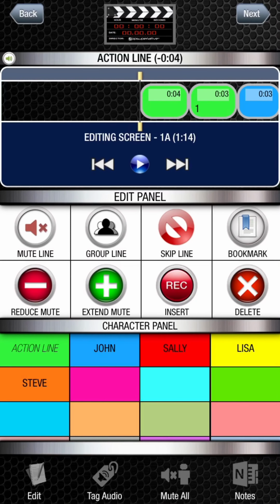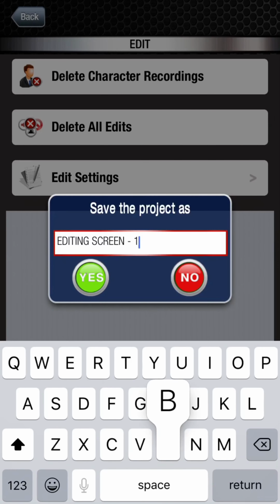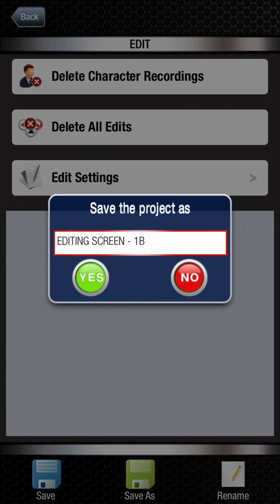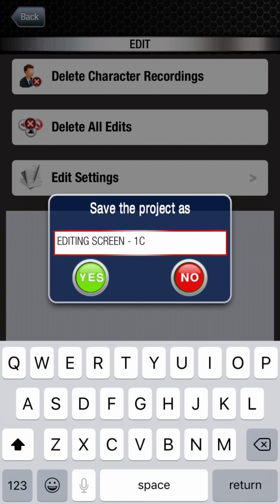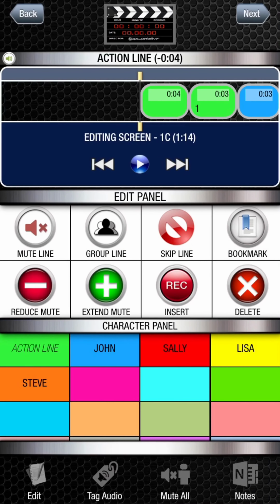You will now be inside the newly created copy of the original project. To make another identical copy, repeat the same process but enter a different project name. In this example, you can see we made 3 copies which are named Editing Screen 1A, 1B and 1C, which